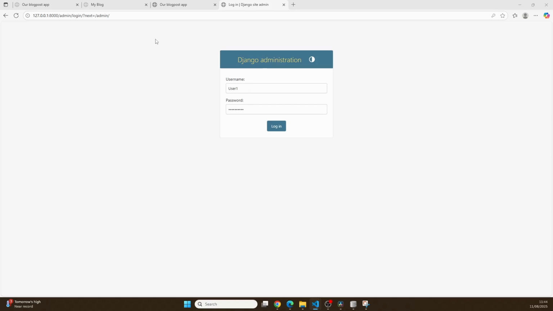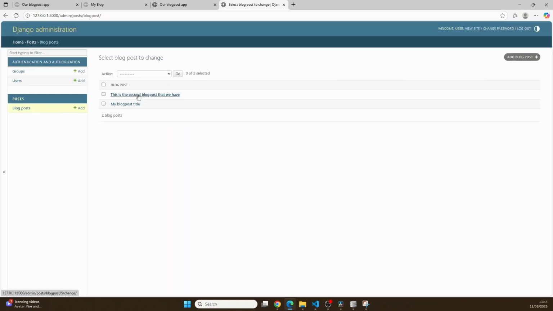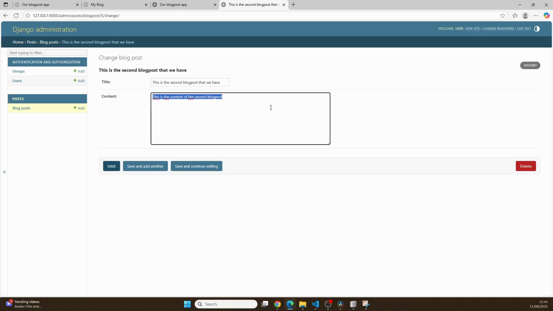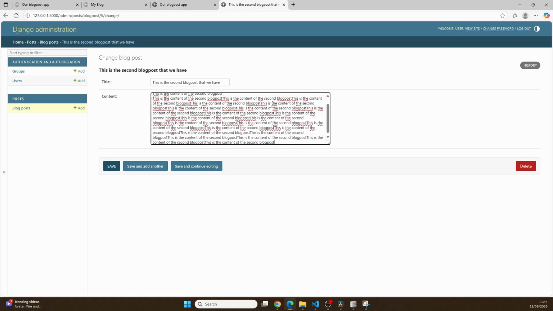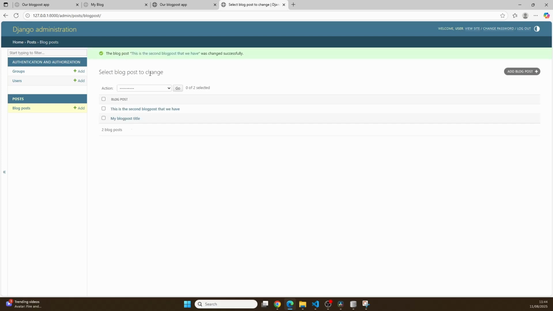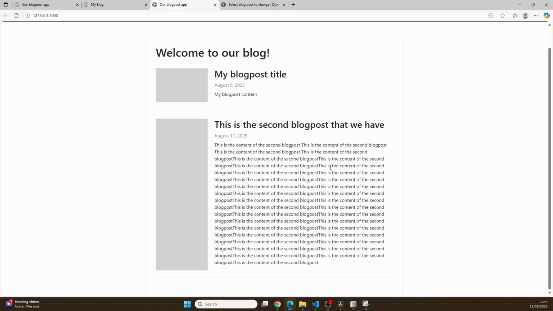So right now I'm in my Django admin portal and I'm logging in with the user that we created in a few videos ago. And now we can go to blog post. We can go to this, the second blog post that we have. And I'm just going to copy this over and over and over again so that we have a very long blog post. Not the nicest blog post, but it will help us here. And now we can save this. And now if I go back here, you can see that this is a really long blog post